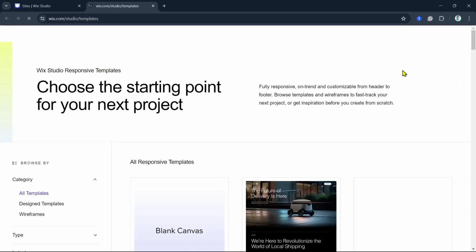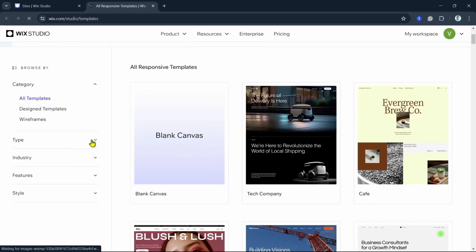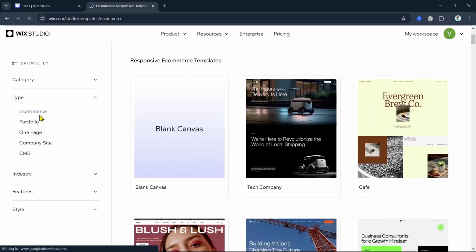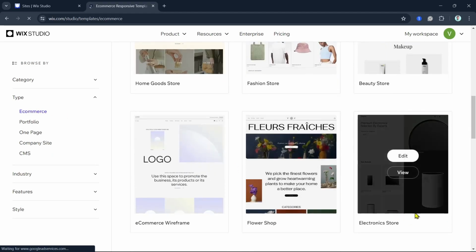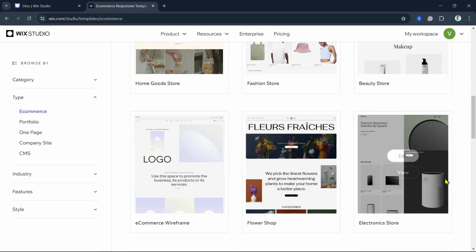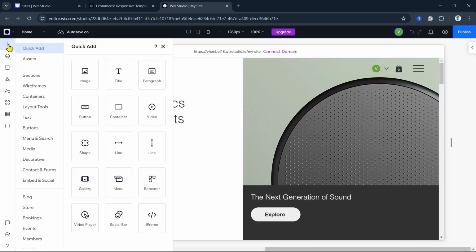Now from here, you just need to create a new website. Now here under category, go to type and select e-commerce. Now you just have to find any of the e-commerce websites here, and then we can basically click on the edit button. Now to add a store page, just click on the plus icon at the top left and then go to